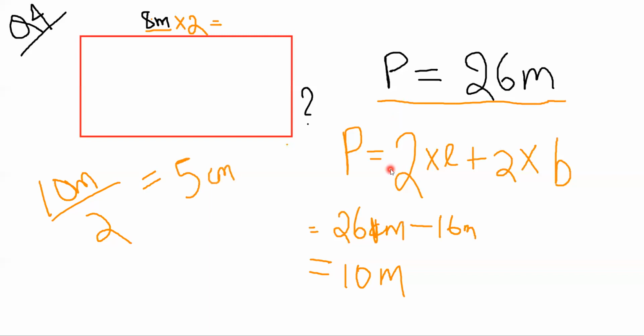Again, I am repeating the process what I have done. Perimeter formula, you know, 2 into length plus 2 into breadth. Forget this formula. Multiply with the length or breadth. If breadth is given, then multiply 2 with the breadth. If length is given and breadth is asked, multiply 2 with the length and subtract with the perimeter.